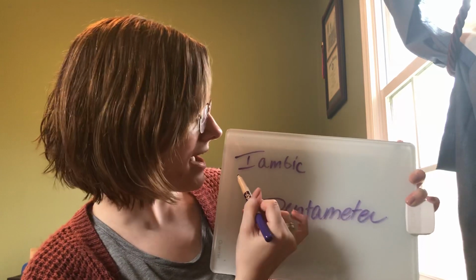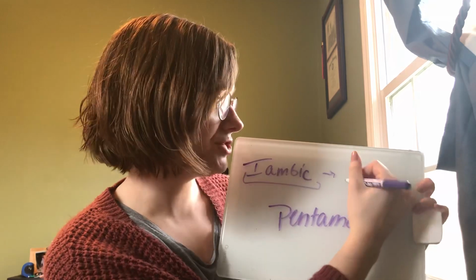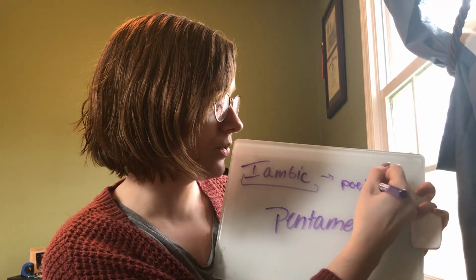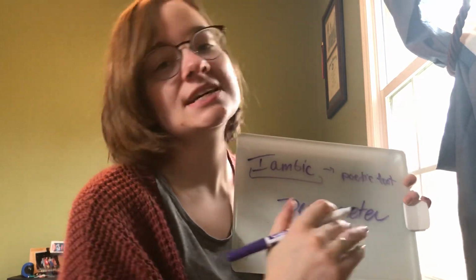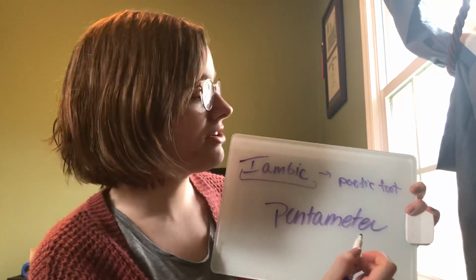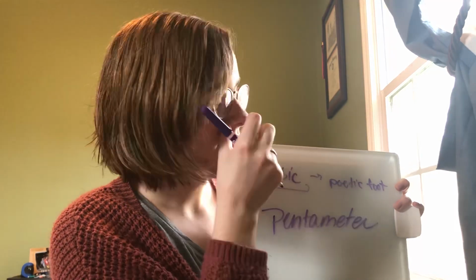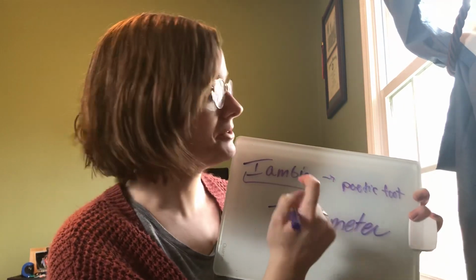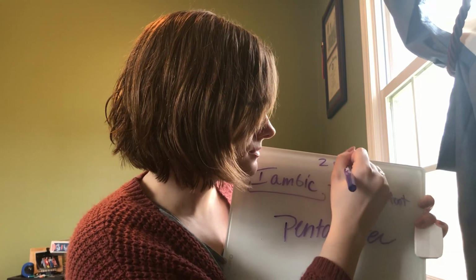Now, iamb is a fancy word for a type of foot in poetry. It is a poetic foot. Now, it's not your literal foot. It's not like an actual human foot. It is this idea of, okay, it is a collection of syllables. Now, in that collection of syllables, iambic specifically has 2 syllables,